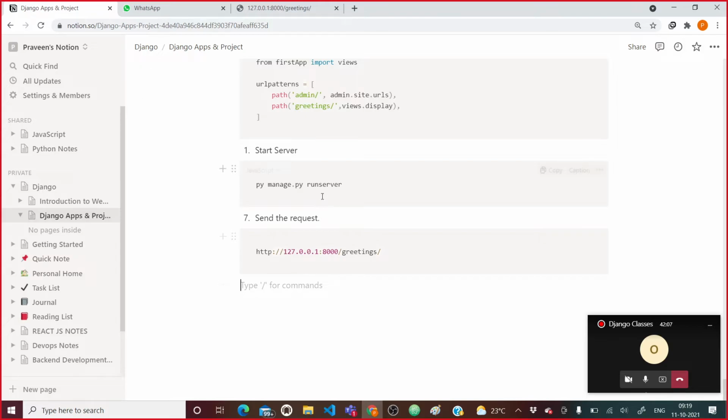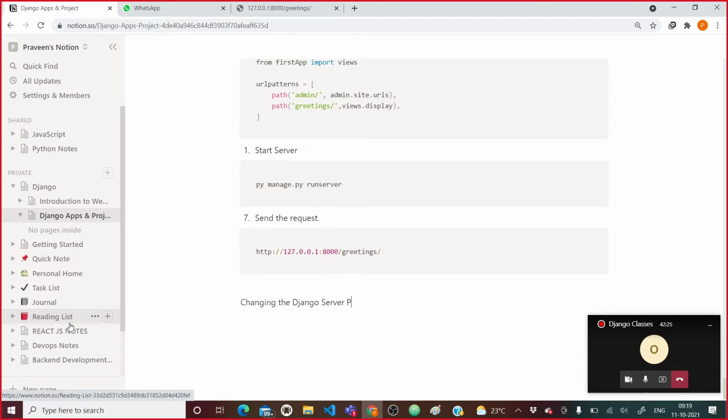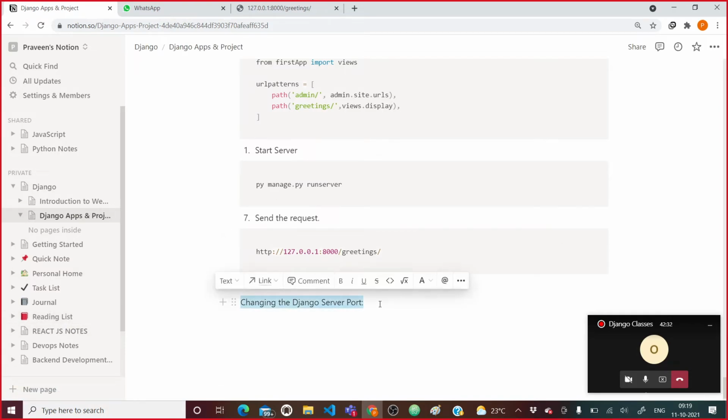Now, by default, Django is running on port 8000 only. Can we change this port? Yes, we can change this port. So, changing the Django server port. How can you change it? It's simple. Let me bold this.